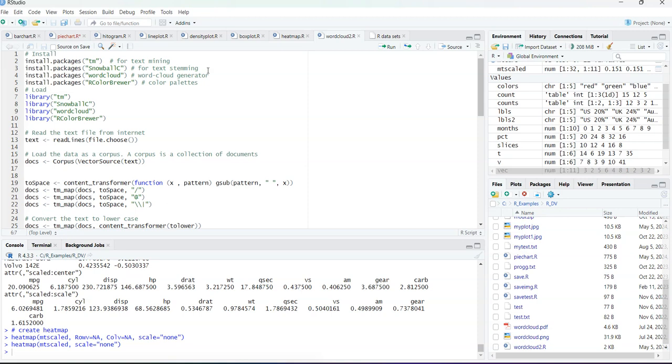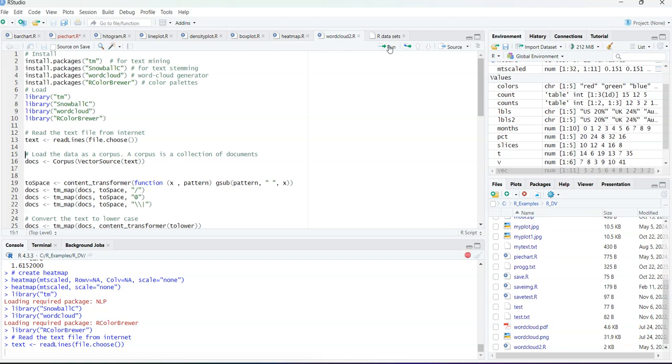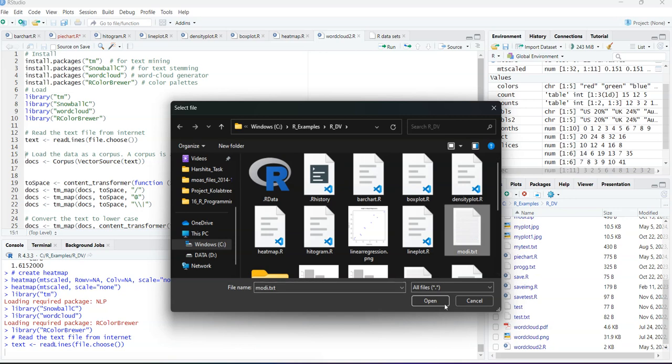SnowballC is for text stemming, wordcloud for generation, and RColorBrewer to select the color themes. So in my case, I'm already having this. So just running, and then we want to read the text file, right? You have to specify some text file. So it shows the dialog box from which you have to select the file. In my case, let me select I have a data set modi.txt,